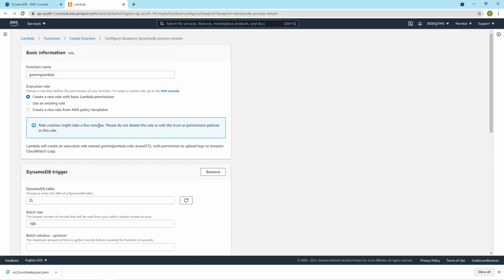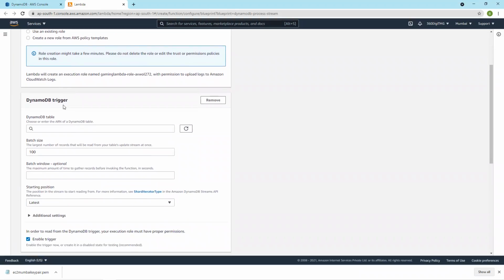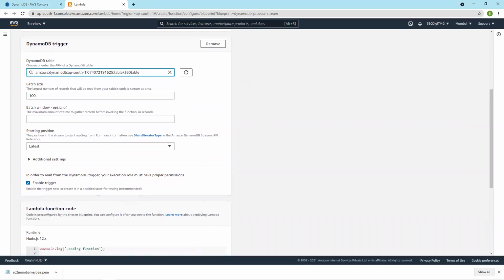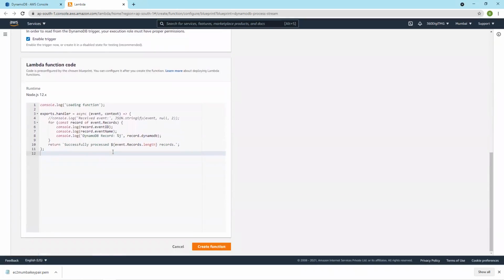Later on, we will give DynamoDB permissions, etc. And then add a DynamoDB trigger. The largest number of records to read from the table stream is left at the default. Starting position: latest.